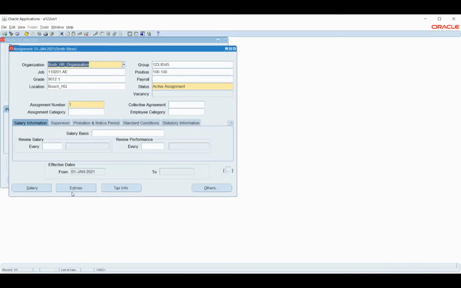Now if I want to say that this particular employee will have this costed basic pay, or whatever the component may be, and I want to run and check whether the system is working fine, I can check from here.